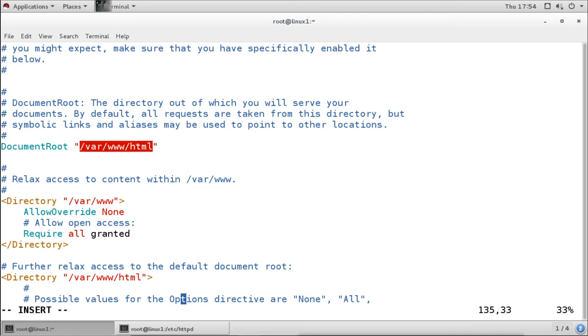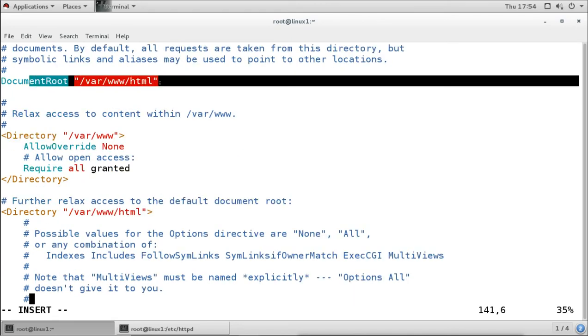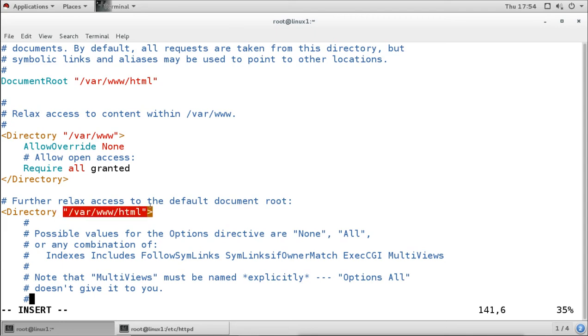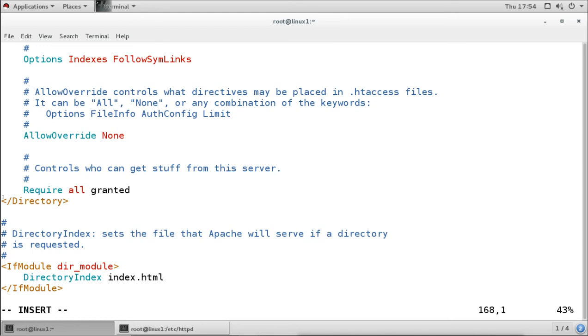So it is created here, the name of the directory is defined here, and also the syntax for the directory is created here. You can see the directory opens here with the directory name, and then the directory syntax is closing here.